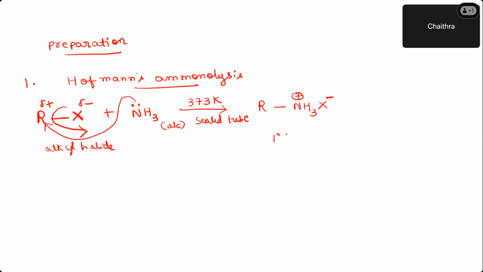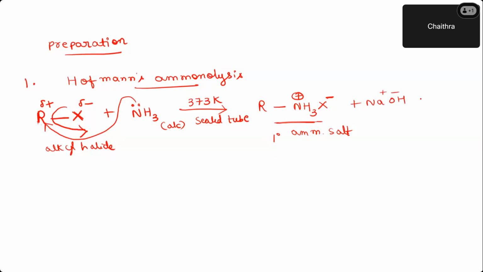So this is called a primary ammonium salt. Now, if you treat this with a strong base, you can regenerate the amine that was formed. I will show in a simpler manner how the reaction works. You take this and treat it with a strong base, NaOH. How does NaOH ionize, guys? Na plus and OH minus.